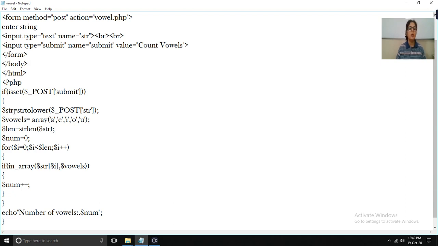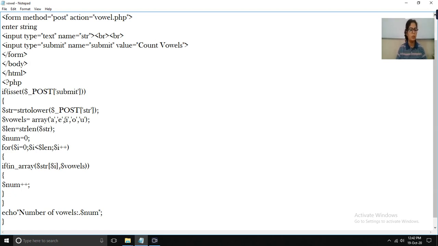So the meaning of the first line is, after this line the lowercase string is now in str. So str contains the value of the string that the user has entered in the text box. I hope the meaning of this statement is clear to you.